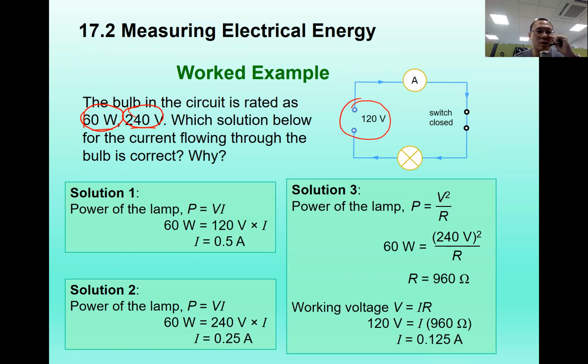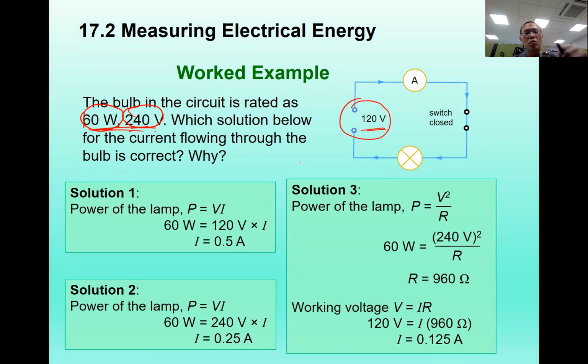Same thing here. Remember the rating is based on 240 volts, but you are powered using 120 volts, so there is a disparity. Just take note that 240 volts gives me 60 watts. Does it mean that 120 volts will give me 30 watts? It may or may not. Sometimes it is proportional for certain equipment, sometimes it's not. So to play safe,